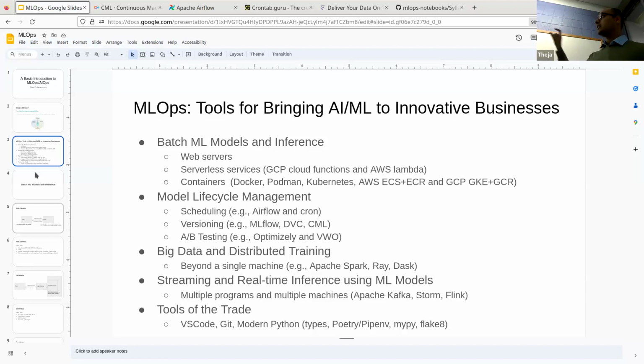So the next bucket is model lifecycle management, where we spent some time on version control. Although it's not exactly listed in that order here, we picked the versioning bullet point, and we talked about Git, because code versioning is 95% of the time that developers and data scientists spend, even if you are a SQL DB analyst. You spend a lot of time on just writing queries or writing ETL steps. So there's a lot of code version control that happens day to day if you are in this line of work. And then there's a bunch which is about model versioning.